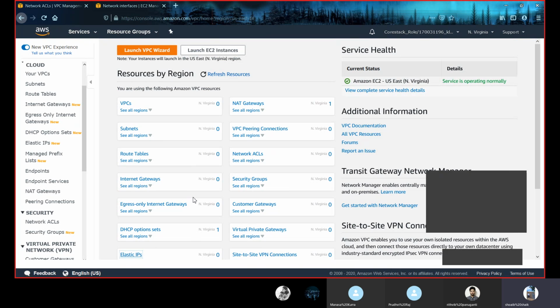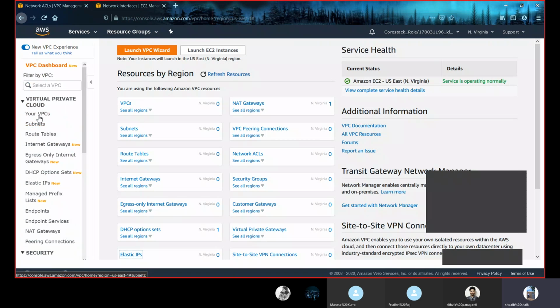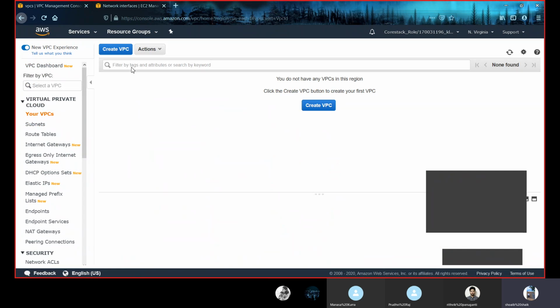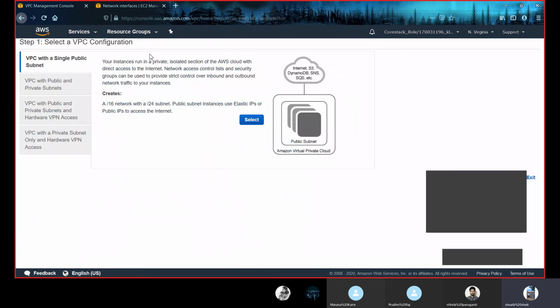We saw that there are two ways to launch a VPC. One is an easy way by just clicking here, launch VPC, and the second one is by getting into your VPCs and clicking on create VPC. Generally, we don't prefer this type of creation because we have to create a subnet separately. Apart from this, in the simple way, there are four types of VPCs.